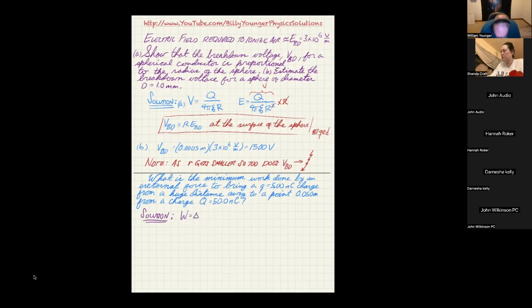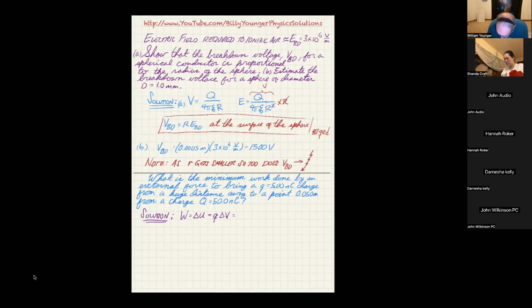is going to be equal to the change in potential energy. And of course, the change in potential energy is just Q times the change in voltage. So we can avoid all that integration stuff just by using the work and energy process like we learned in 241. So what we know here is that Q is our 5.00